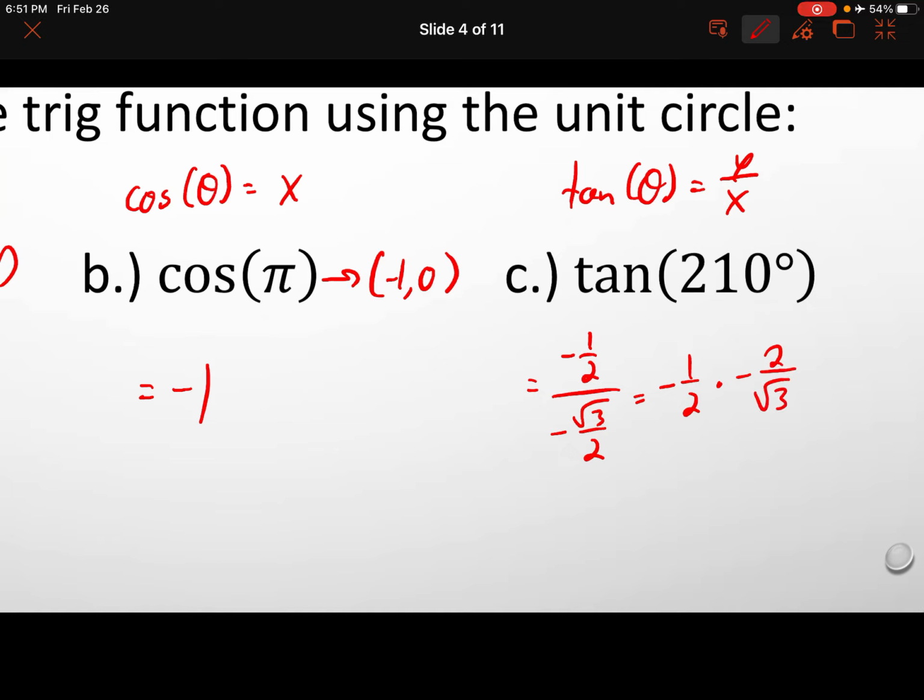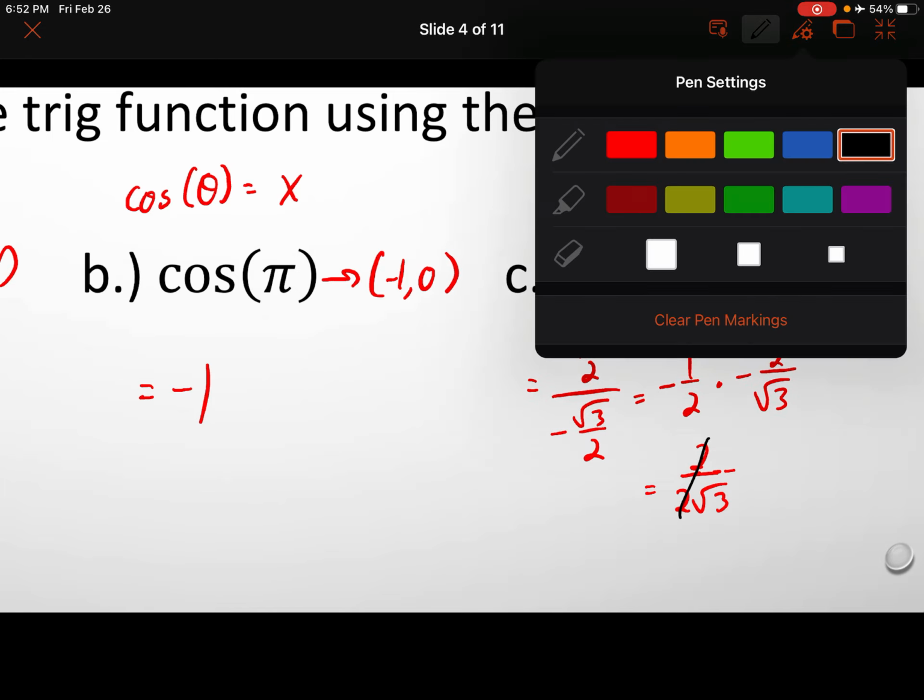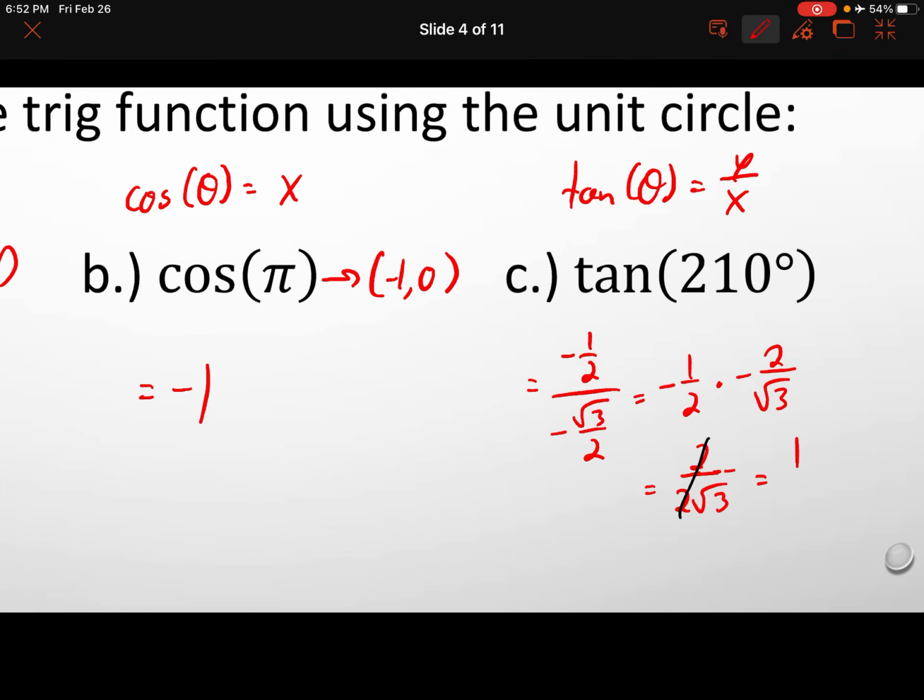So the reciprocal of radical 3 over 2 is just 2 over radical 3. So you just flip the fraction. So now if we multiply this out, we end up with positive, since you're multiplying two negatives, positive 2 over 2 radical 3. So the two 2's actually cancel out, and all we're left with is 1 over radical 3